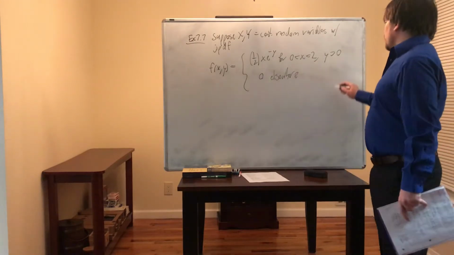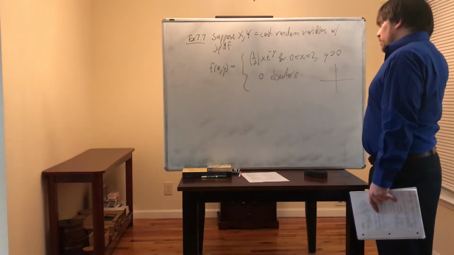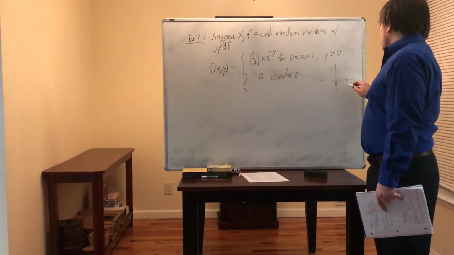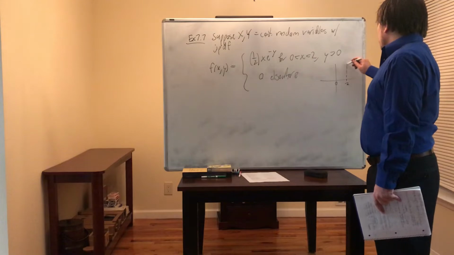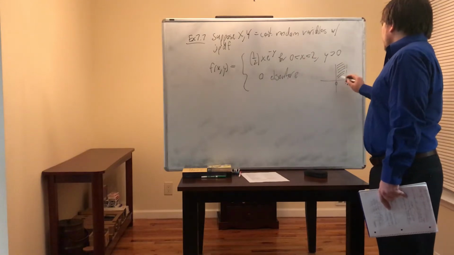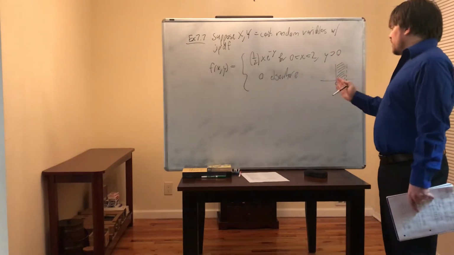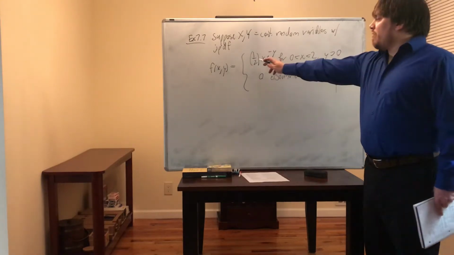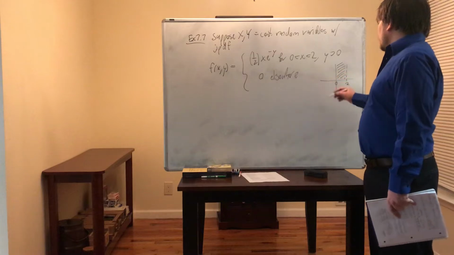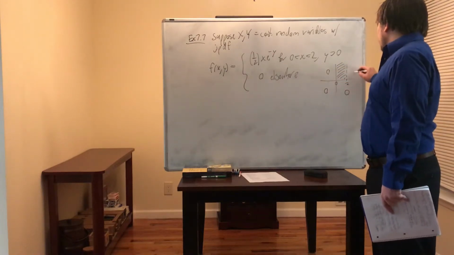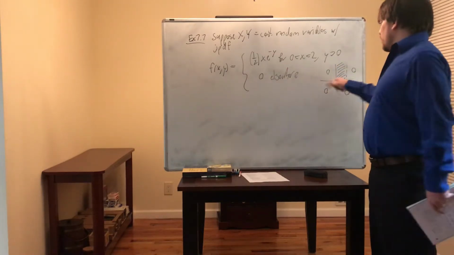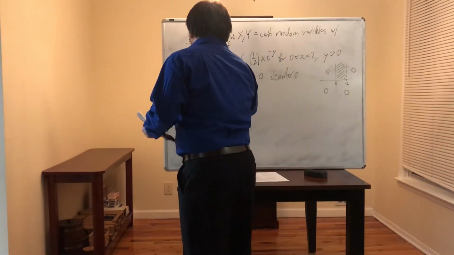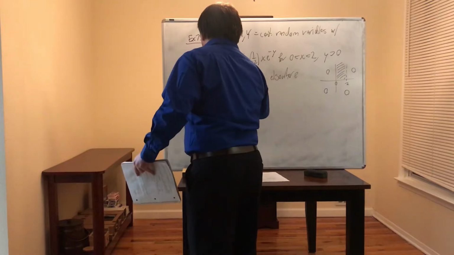So the region I'm talking about, 0 less than x less than 2 and y positive, has x values from 0 to 2, and y positive. I'm talking about this region here. It's above the x-axis, between x equals 0 and x equals 2. Here, f of x comma y is that, and everywhere else it's 0. Okay, so part A,